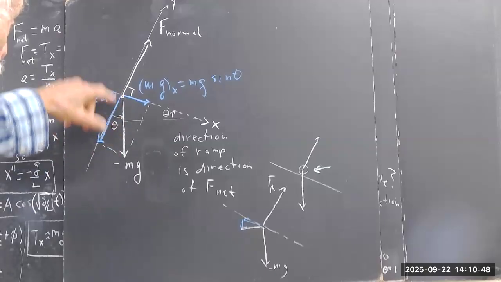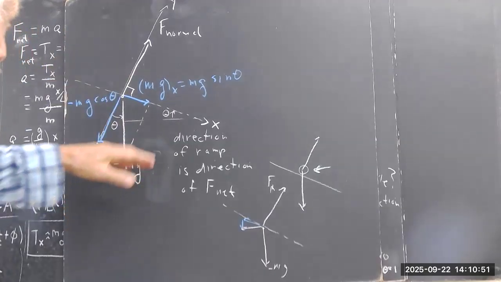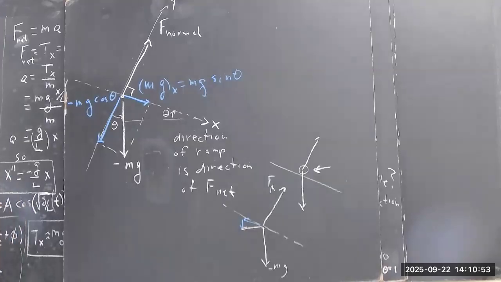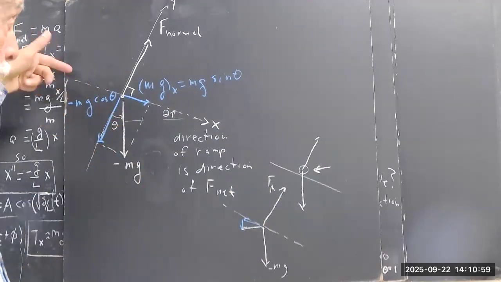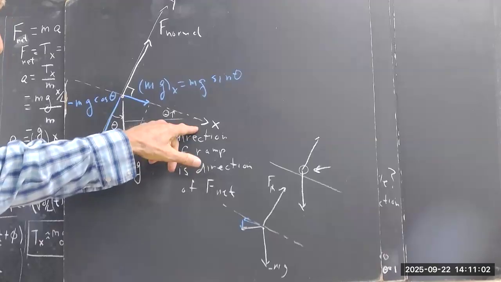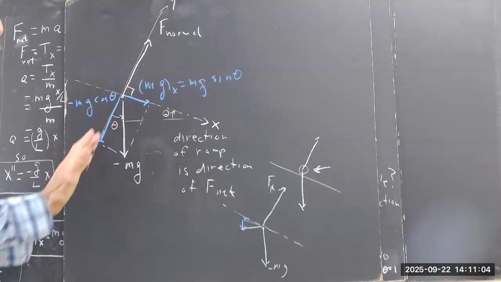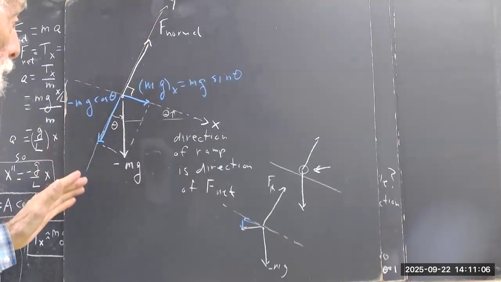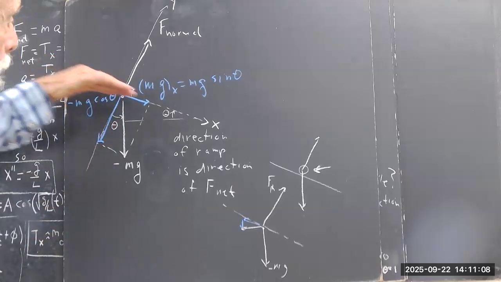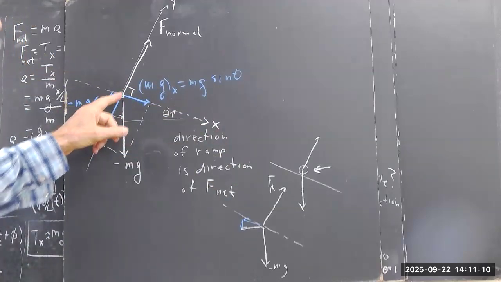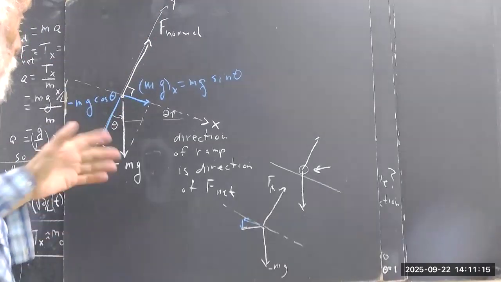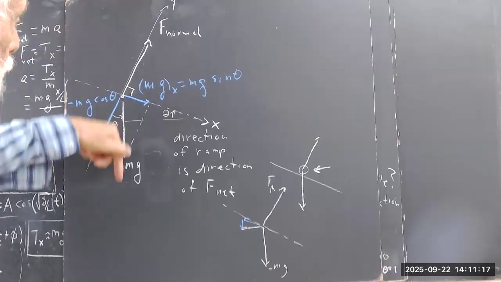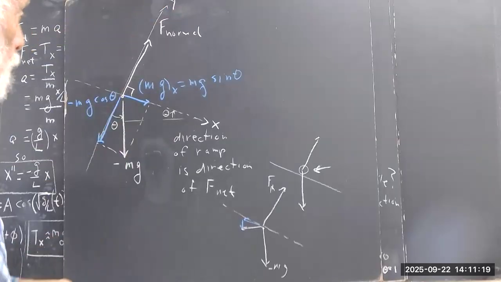Okay, so we've got, I guess you can't see it over here, but talking about the free body diagram with the ball and the incline, where the incline's at angle theta. Again, the ball is constrained to move along the incline. So the net force is in the X direction, according to the axis I've drawn here. We draw a Y-axis in this direction. The Y-axis being perpendicular to the X-axis, the normal force is in the direction of that axis. If we just have the two forces, the weight and the normal force,